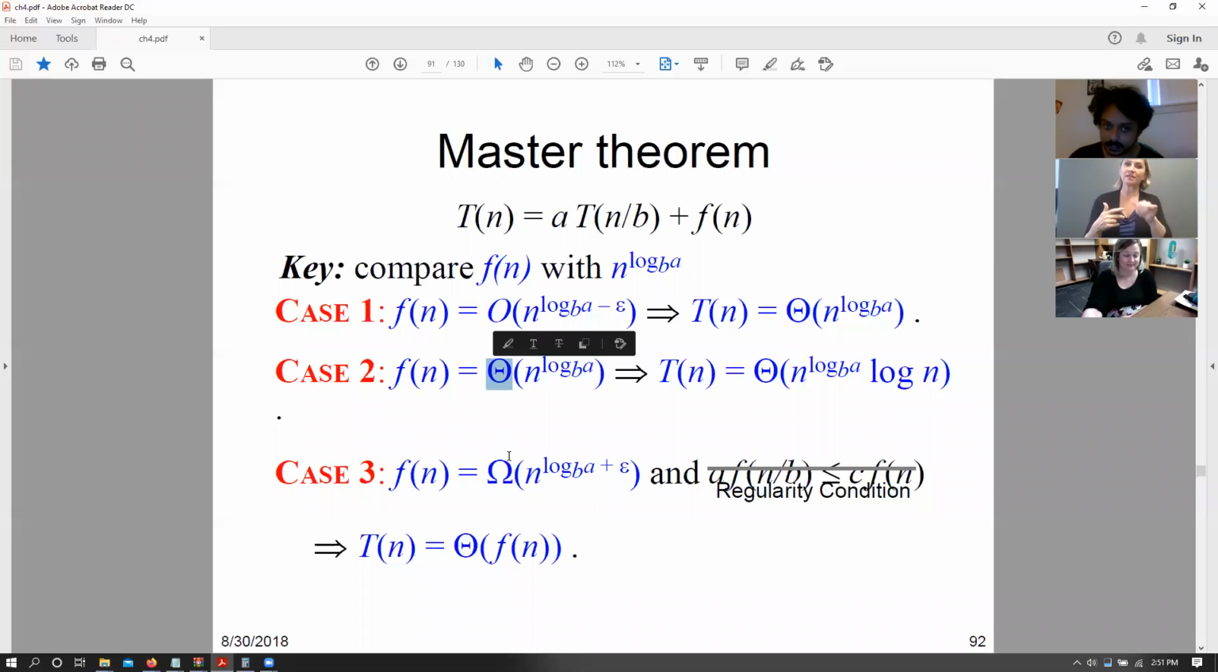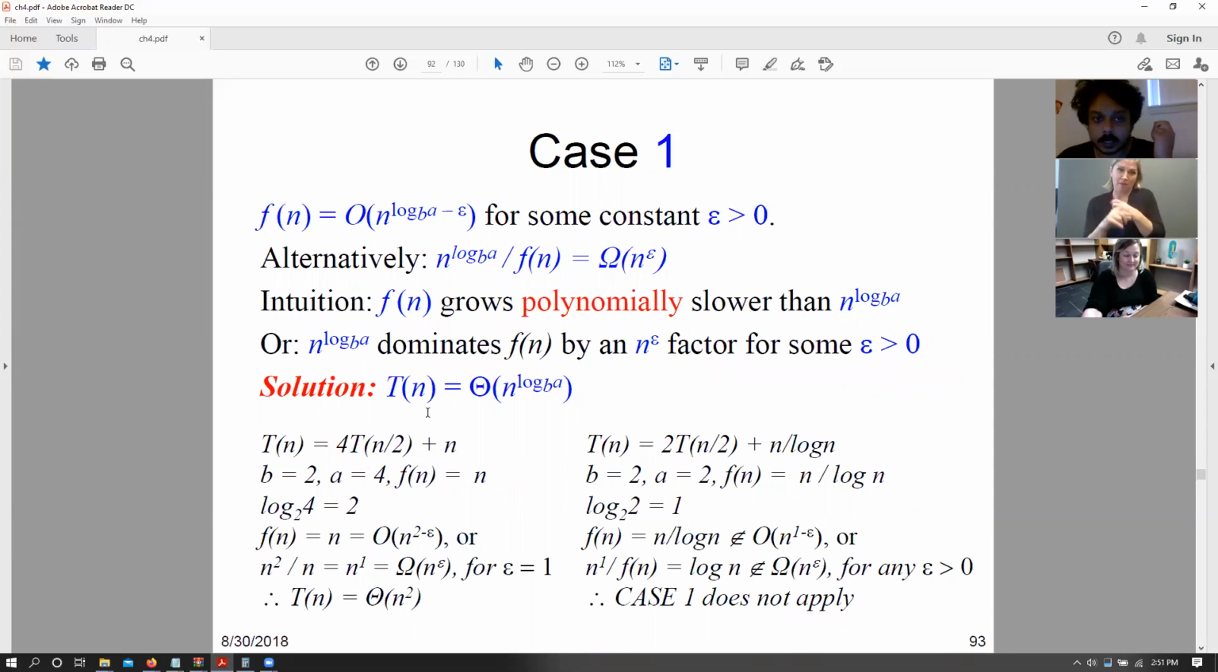We have big O, big theta, and big omega. Okay, so given this particular case, let's look at an example because this might look a bit complicated. So let's take case 1. Case 1 says that we need to figure out f of n equals big O of n to the power log base b of a